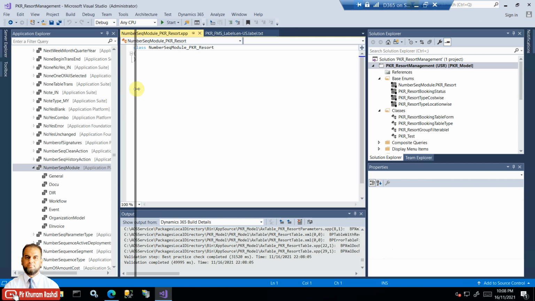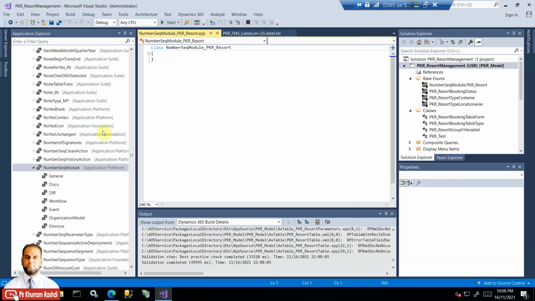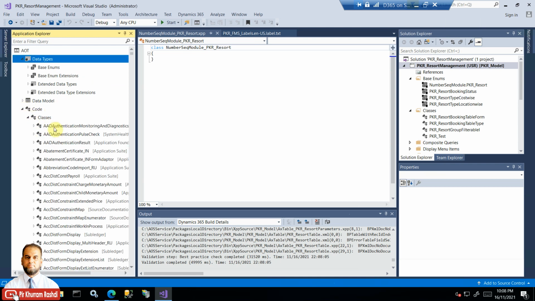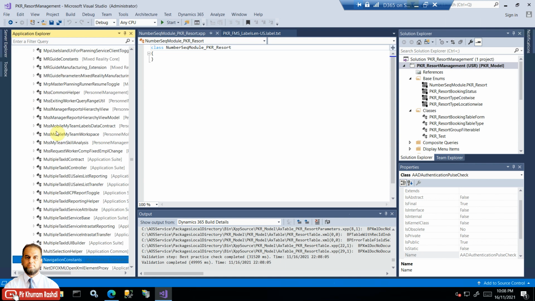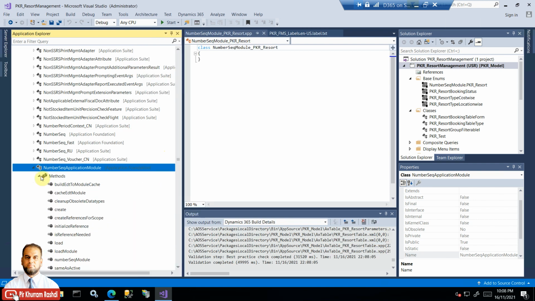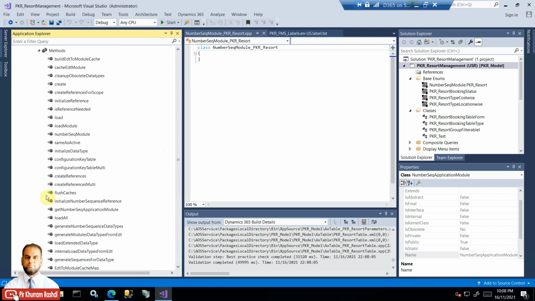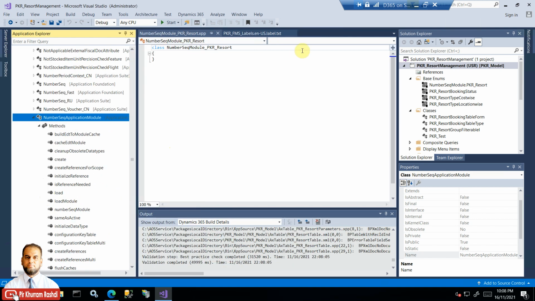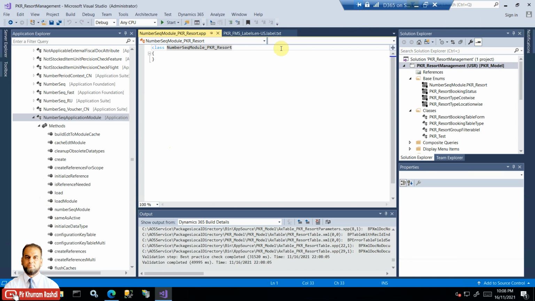And now what we can do is we need to extend another class. Just let me locate that class first. In the code node on the left hand side application explorer, you can just find a class like number sequence application module. Okay, so this one is the class which we need to extend and use the common functions or common methods, and to write few of our own method. So simply just extend this class,